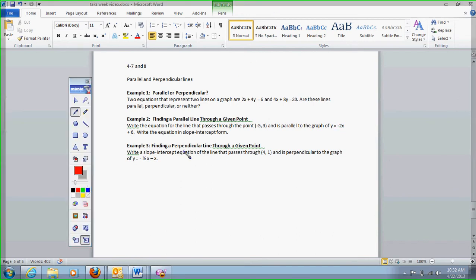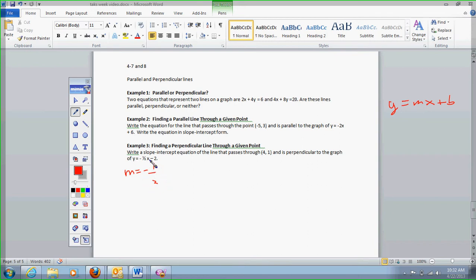Finding a perpendicular line. That means we're going to be looking at opposite reciprocals here. Write the slope-intercept equation of a line. Still looking at, that's y equals mx plus b. That passes through this point and is perpendicular to this line. Okay, perpendicular to the graph of this line. Well, this is another very beneficial form here. I already know my slope here. This slope right here, m, equals -1/2. But I want the equation of a line that's perpendicular to this, which means I need a slope that